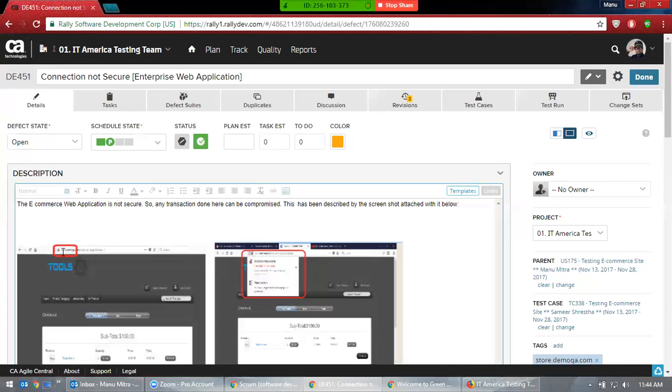You cannot do any transaction on HTTP. That's simple common sense. You don't have to be some hi-fi QA guy to know this, and you don't need a requirement for it. It doesn't really require any document. It's common sense, right? If you're using only HTTP, then a lot of information can be hacked.